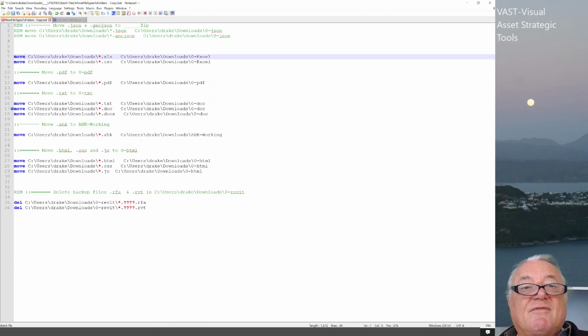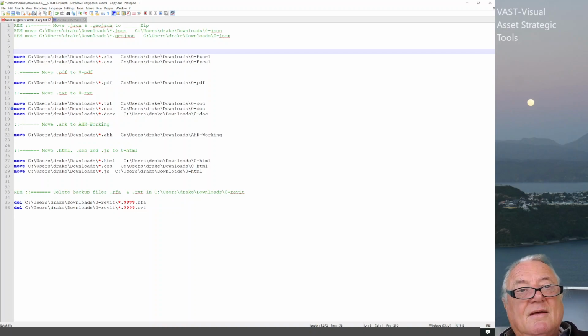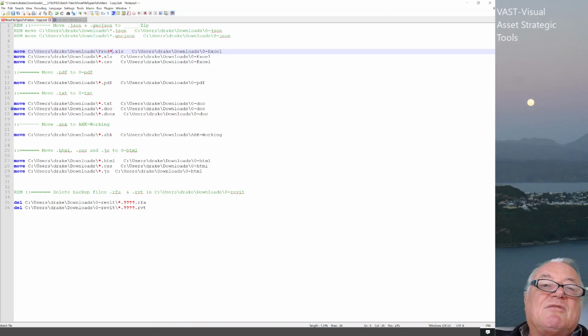So if there's specific files, you can say move a specific file, Fred the tree, and move that one across there, it will always move that file. So if you're working in a particular directory and you want a specific file to move through there, or you have a whole lot which is a certain project code, you can go Fred star. So anything beginning with Fred, or that could be a project code number, which might be, of course, 123. Then anything after that, which is an XLS and it's in that downloads folder, it'll move them across into that